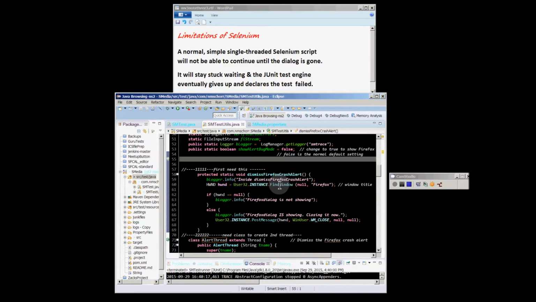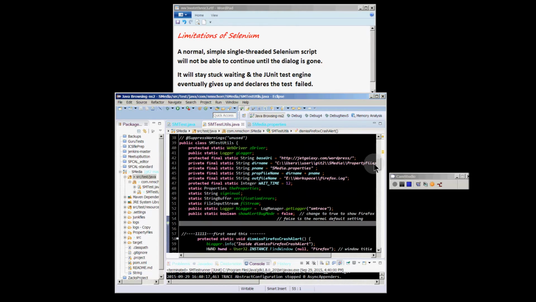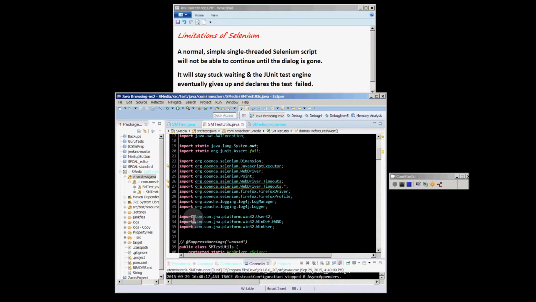The dialog, as I mentioned, is not part of Firefox, so we're going to have to use something that can interact with the Windows system outside of the Firefox application. So normally in Java, in the olden days anyways, when we wanted to contact the Windows operating system, we had to use some pretty complex functions and procedures to do something like find and close a window. But these days there's a wonderful set of libraries that you can use, and I'm going to show